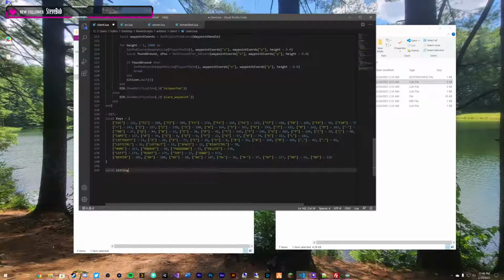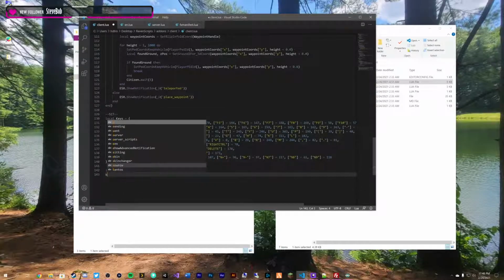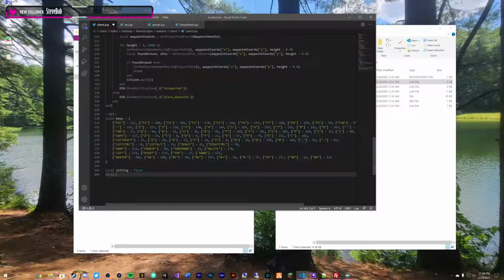Local sitting equals false. Local last position equals nil. Local current sit obj equals nil, and then local current